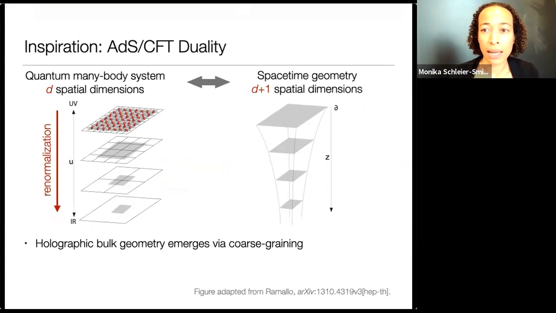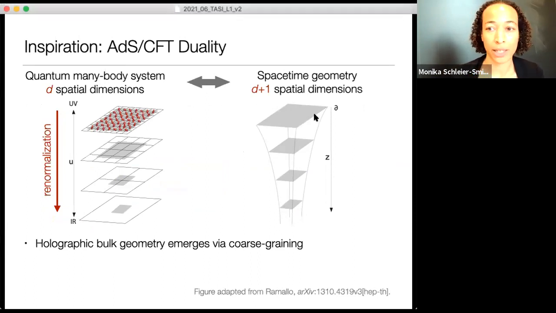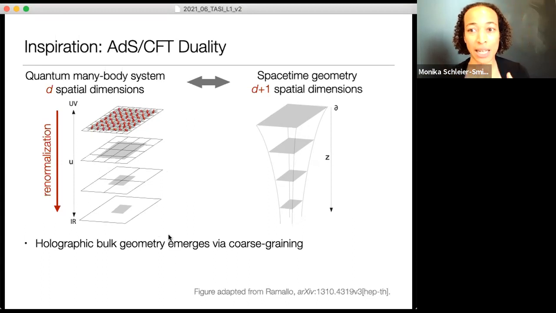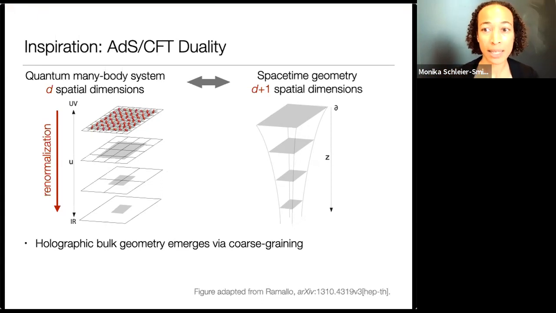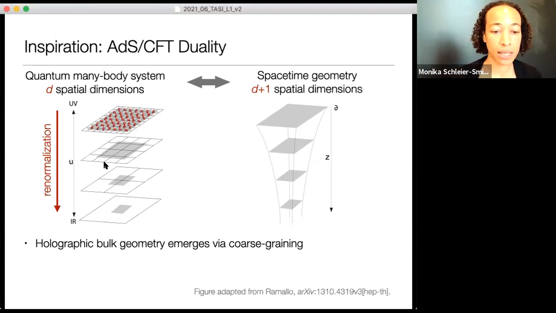And so this is something I think I first got interested in when I saw some picture like this, of this concept that somehow I have this quantum many-body system, and through this process of trying to renormalize these degrees of freedom to come up with some effective low energy description, one goes through a process of coarse graining that gives rise to this kind of emergent extra dimension. And it's in that extra dimension that one, in certain cases, might have something that looks like it has space-time curvature and gravity, might look like a black hole, depending what exactly this quantum system is.